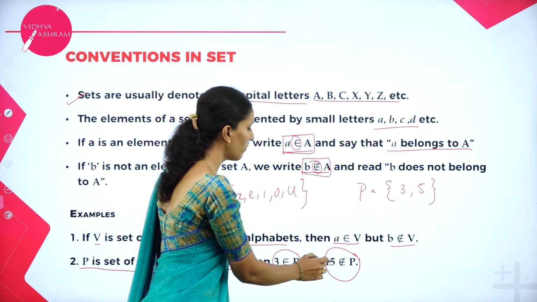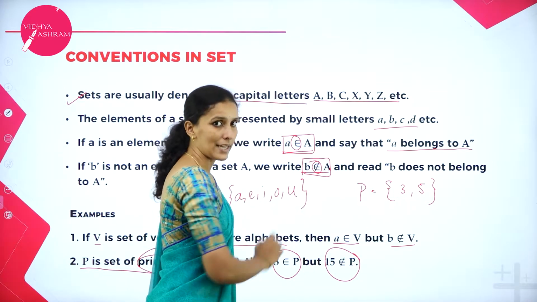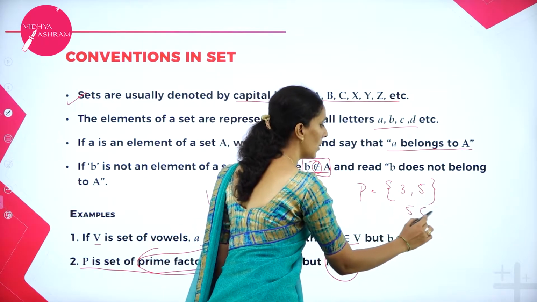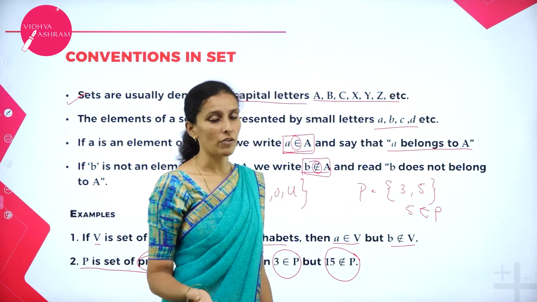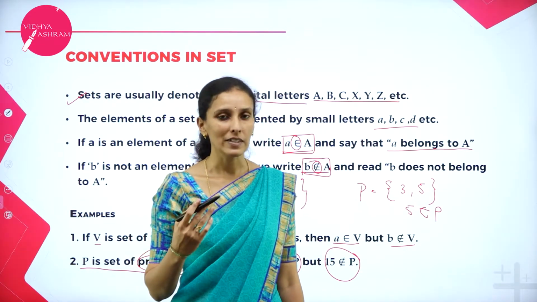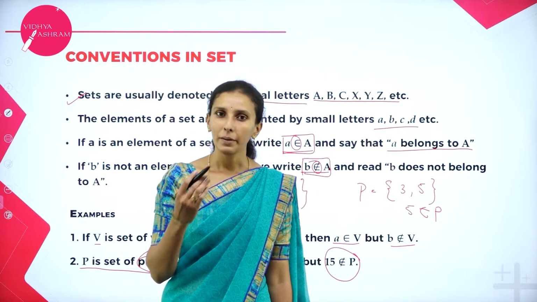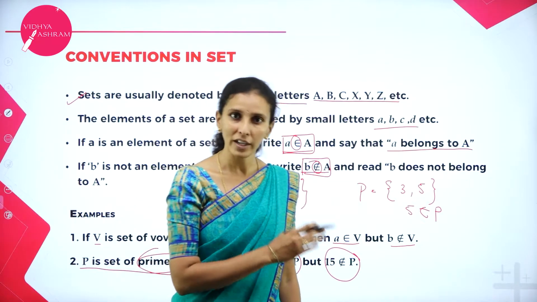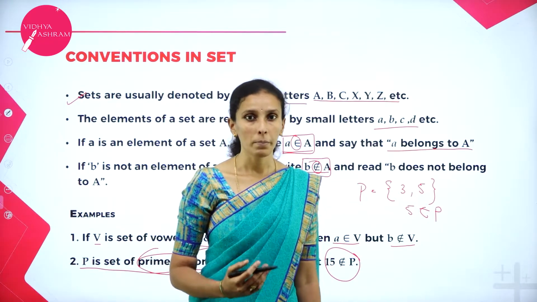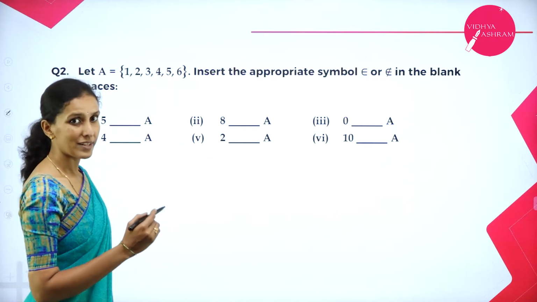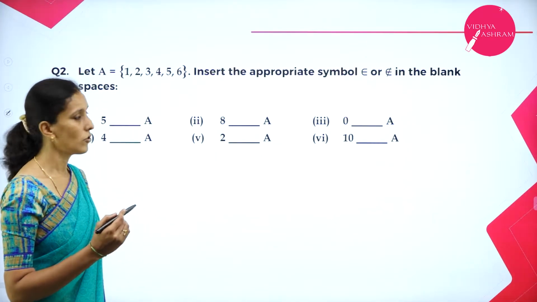So therefore, 15 does not belong to this set, whereas 3 belongs to P, and 5 also belongs to P. Any other factors of 30 are not contained in the set P. So if an element is in set A, we use the symbol belongs to. If it is not in the set, we use the does not belong to symbol. So here I have taken an example so that you can put belongs to or does not belong to